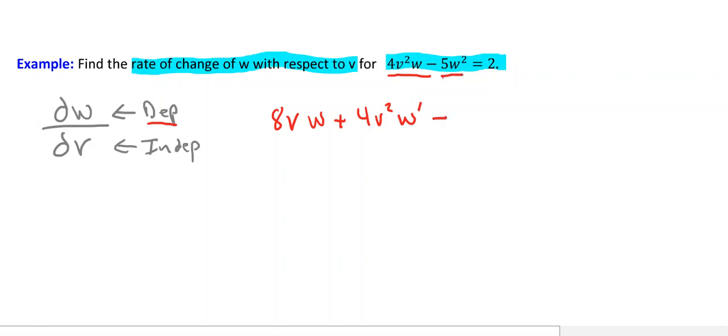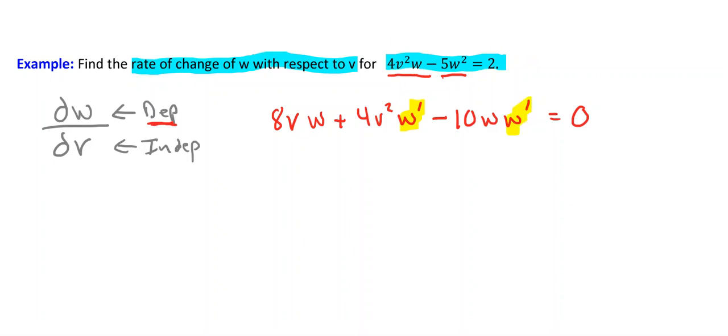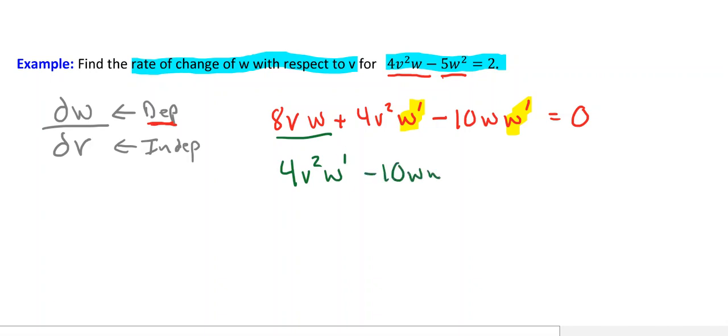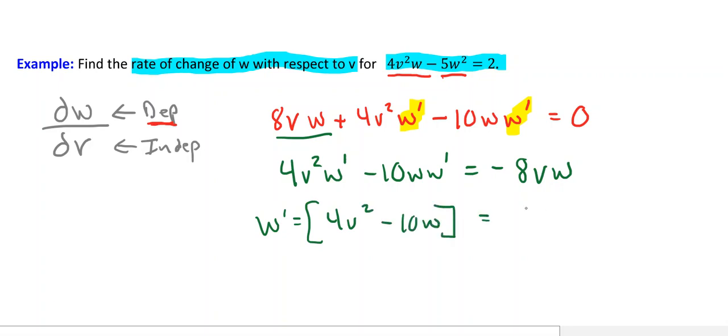minus the derivative of 5w squared, which is again the dependent variable. So that would be 10w w prime. And the derivative of 2 is 0. So we have w primes in these two spots, and so we now need to just solve this for w prime. So we'll take this and put it over on the other side. So we have 4v squared w prime minus 10w w prime, and that is equal to negative 8v w. Factoring out the w prime, we have 4v squared minus 10w is equal to negative 8v w. And then dividing by all of this,